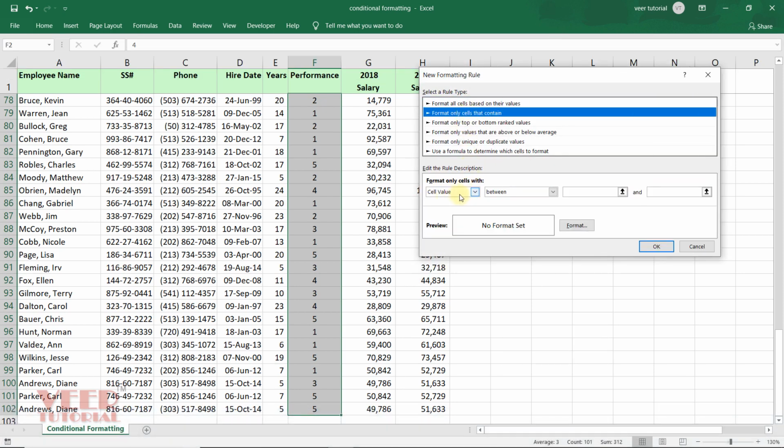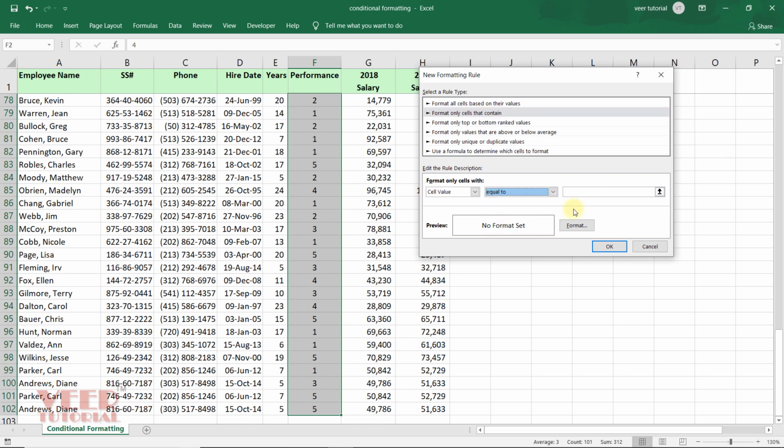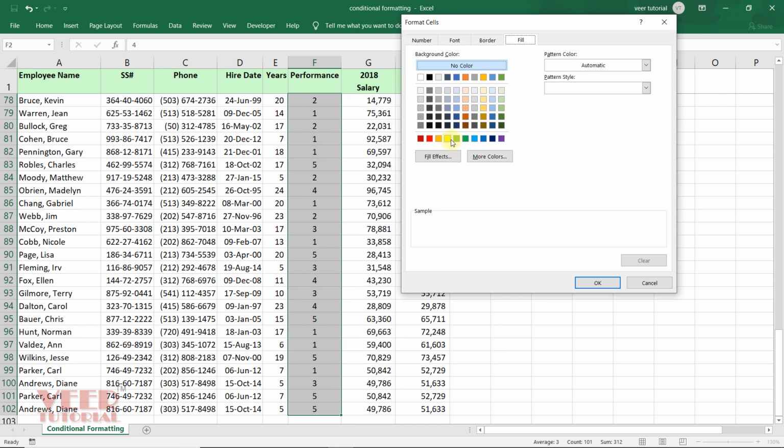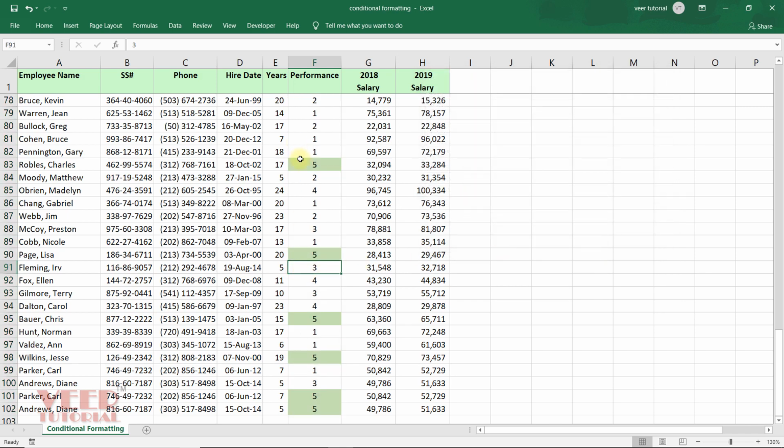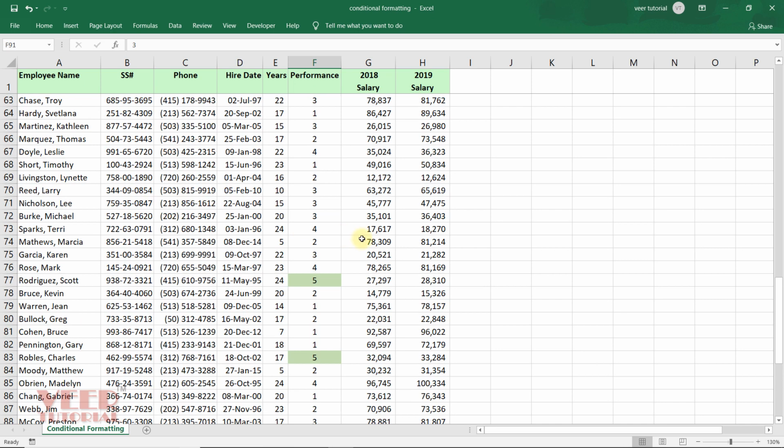Here we can give cell value equal to 5 and we can give the formatting and we will fill it with the green color, light green color. OK, and then OK. It's very easy, but we need to highlight the complete row.